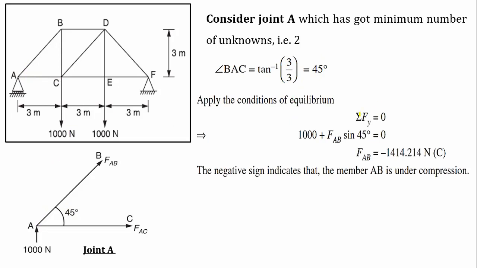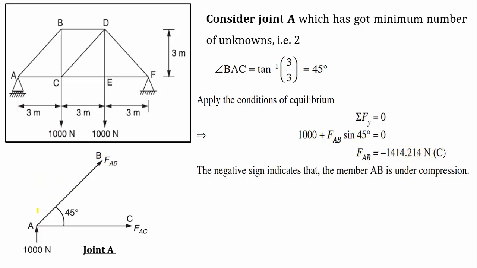First we will apply summation of f of y is equal to 0, forces acting in y direction, correct? Next, if you see, we have a 1000 Newton force which is moving upwards, therefore positive, therefore plus 1000. Next, we will take this FAB. If you see the arrow, it is going to move upwards, therefore it is plus FAB. We have to resolve this force along the y direction, away from the angle, therefore it is sine of 45 degrees, that has to be equated to 0. If you solve this, you will get the answer as 1414.214 newtons, right? We are getting a negative answer, that means the member is in compression.